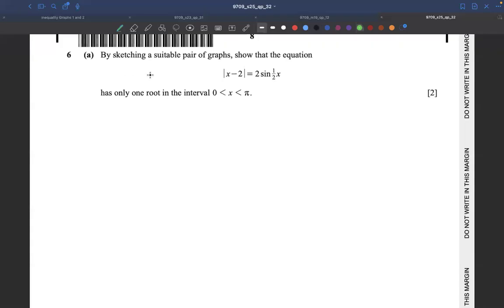In question number 6a, by sketching a suitable pair of graphs, you have to show that the equation modulus x minus 2 is equal to 2 sine half x has only one root. So the way to do that would be, let's make the x and the y axis first. Now, if we have to sketch a graph of y equals modulus of x minus 2, we can first